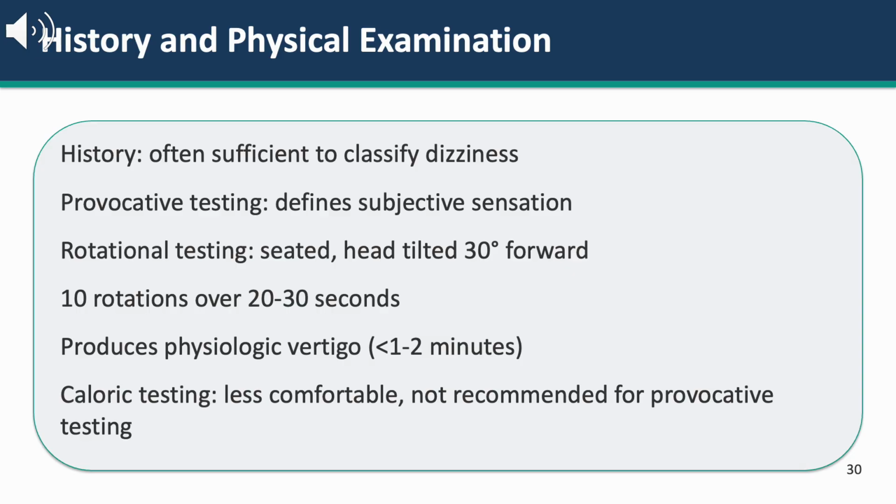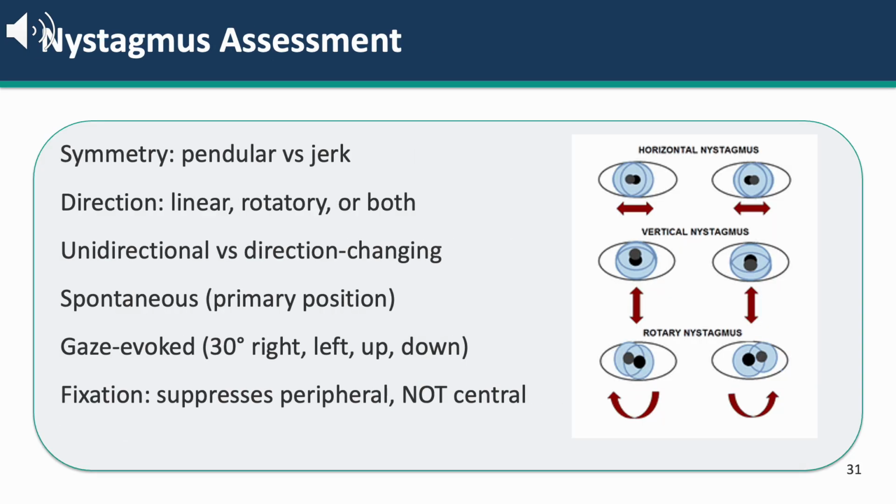The resulting vestibular imbalance produces physiologic vertigo that generally lasts less than 1 to 2 minutes. During this time, the physician can observe peripheral vestibular nystagmus and pass pointing. Caloric testing can also produce vertigo, but is generally much more uncomfortable for the patient and is not recommended for provocative testing. Because different types of nystagmus have different clinical implications, it is important to carefully characterize nystagmus both by